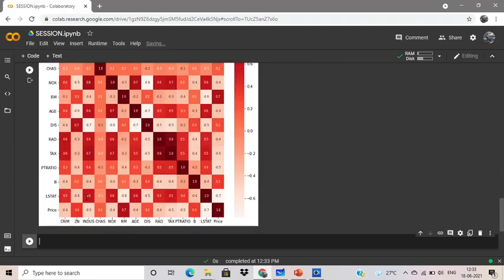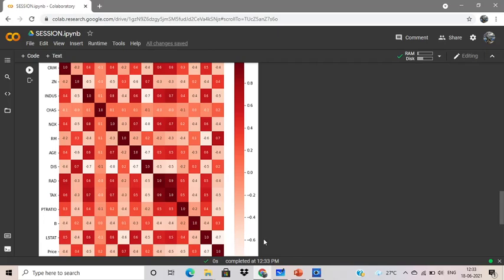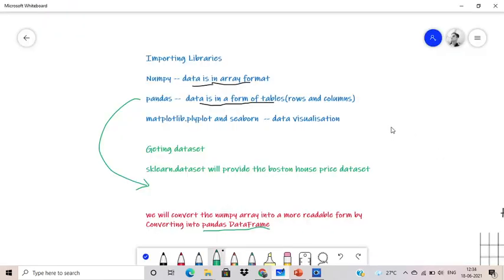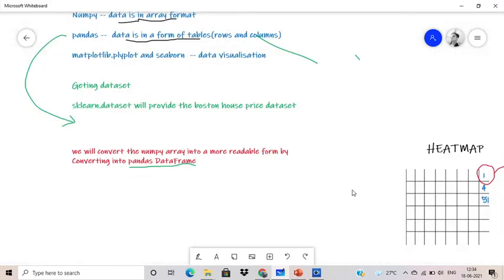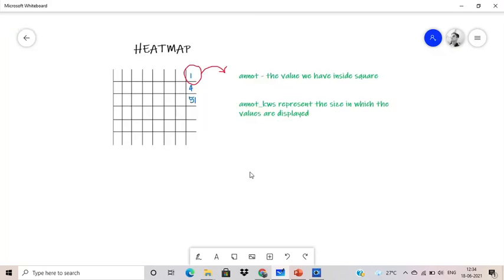So here you can see that our heat map is made. Let me first tell you what annot and annot_kws are. Let us consider this as a heat map.